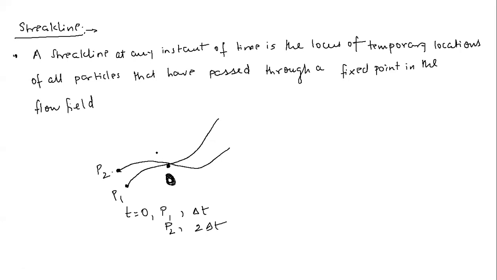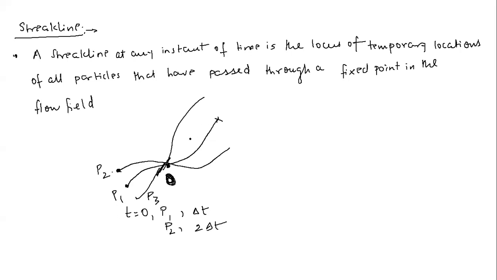So after certain time intervals, at any instant of time, at this particular point O, there will always be a fluid particle which is crossing this point. Let's say you have a number of boats in a river and you are watching a tree in the river. Your attention is fixed to that tree, and one boat crosses, then another boat crosses. In a similar way, a number of fluid particles can cross this point.